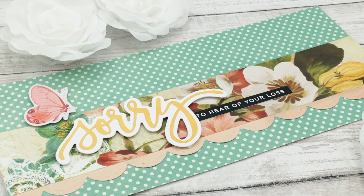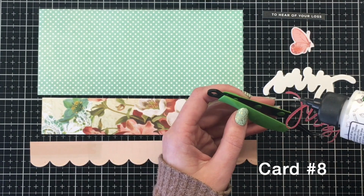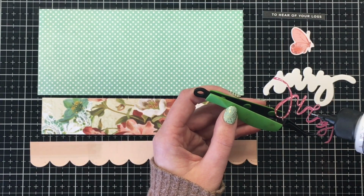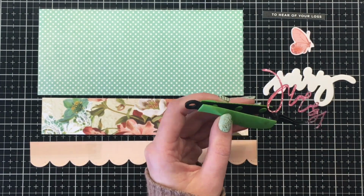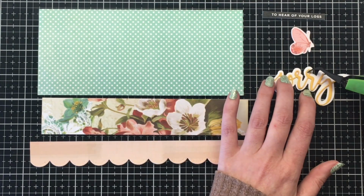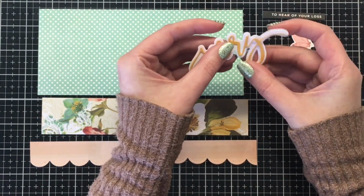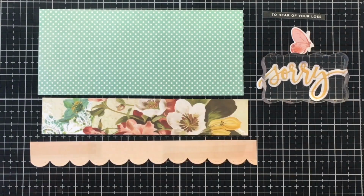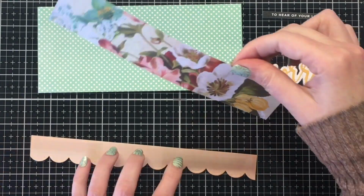So moving on to card number 8, I'm going to do another slimline. This time I'm going to do a landscape slimline. Now this one is a little bit smaller than what I would normally make. I usually make my Slimline cards 3.5 by 8.5. This one is just a little smaller, but it means when it's on the card base, it will just have a nice white border. So I'm using the Honeybee Stamps Sorry Sentiment die, and you can see there how the